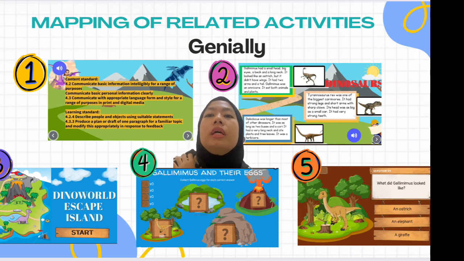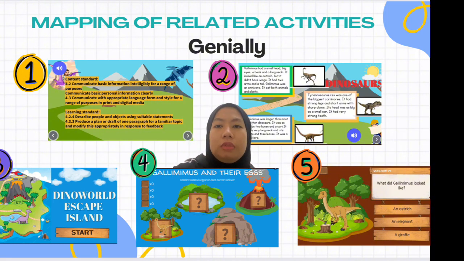Alright, so now let's move into the next part, which is the mapping of related activities. Basically, inside the Jamboard we have prepared a game like an escape room game, but in a dinosaur version. So as you can see here,